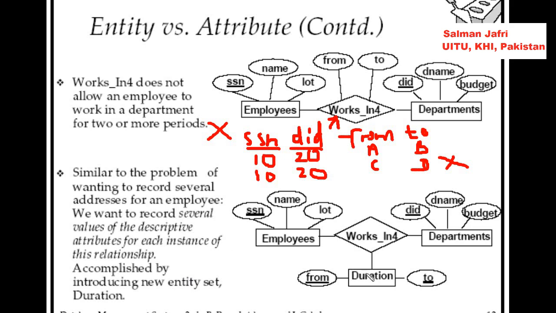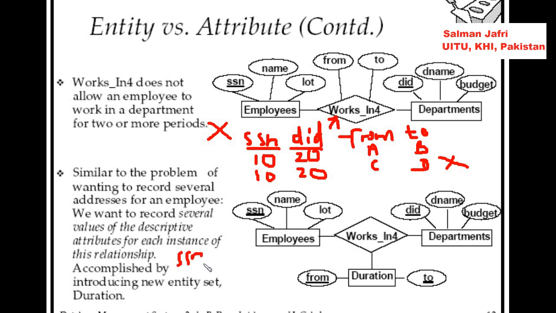Let's look at the bottom. Now in the bottom we have a ternary relationship, right, between employees, departments and duration. Now duration has got a from and a to field. So what we can write as a format for this works in 4 underscore 4 second version. Now when we work on the second version, what would the fields be? This would be SSN, DID,